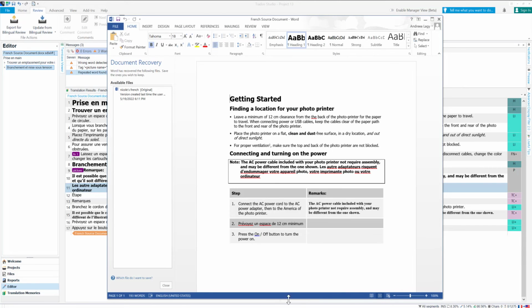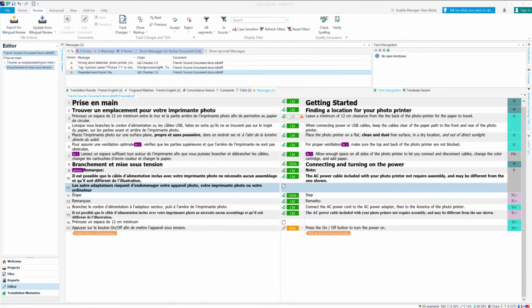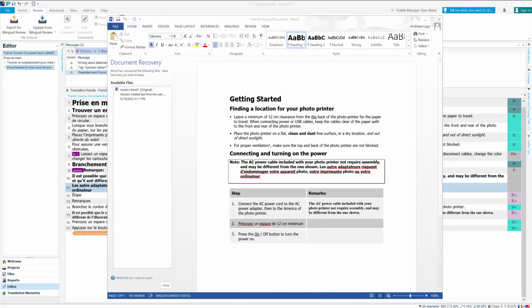I've saved my translation to its native format, in this case MS Word, and I'm now making some small changes. I can make the changes with or without using track changes in Word.